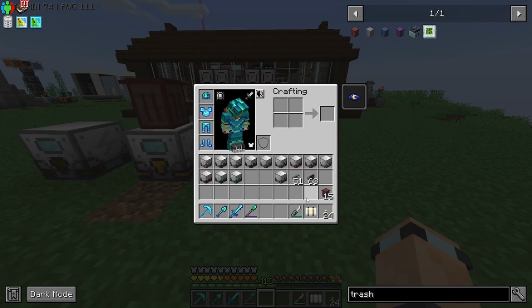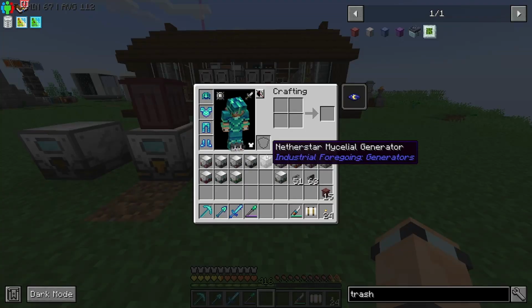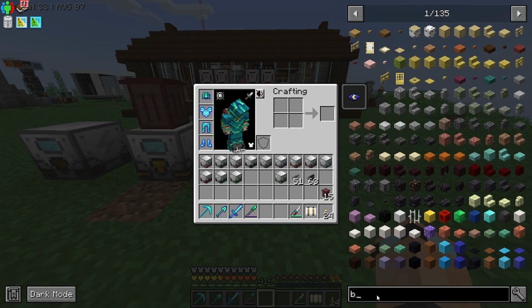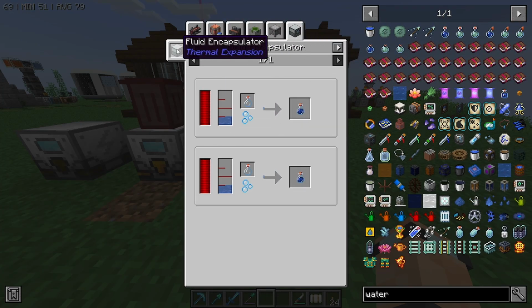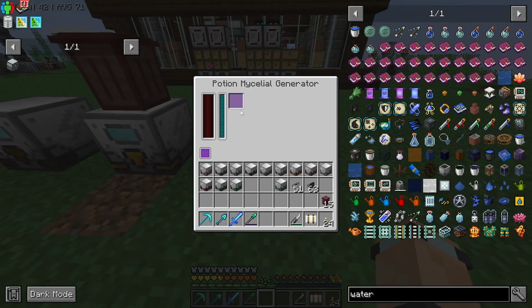So the potion generator can actually run off of water bottles, so bottles of water. So if you've got a way of making water bottles, these ones, just regular ones like this. We've got the fluid encapsulator, so I'm going to make one of these, I think, and that's going to fill up a bottle, or glass bottle at least. I believe you get the glass bottle back from this. I'm not entirely sure though,